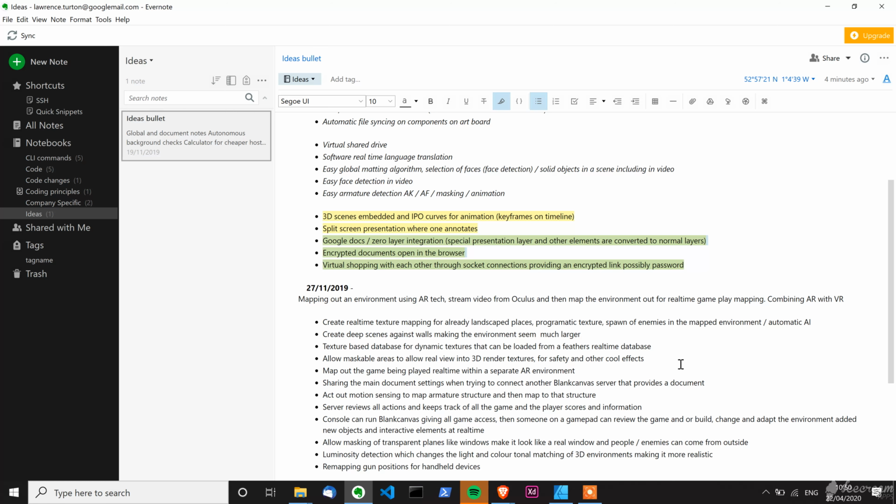Also, virtual shopping with each other. This is a nice one. I just want people to be able to shop together. So, for example, you'll have a manager and maybe 3 or 4 creatives, and you're looking at assets and you're looking at making things a little better. I want you to be able to shop together in the store and see what everybody else is looking at and see the comments that people are making on certain products. And it'll be done in sort of real time, so it's real-time shopping. I think that this will also have a knock-on effect with other stores. I want other people and other